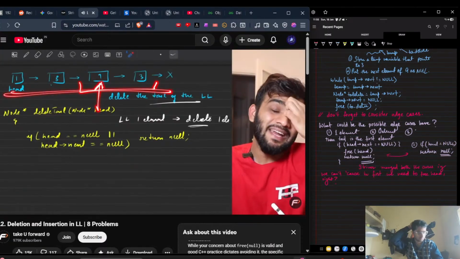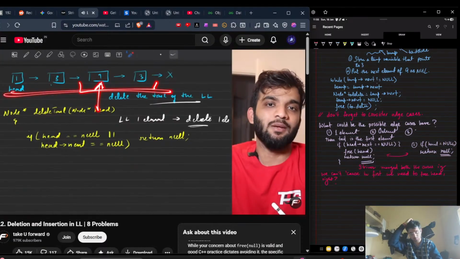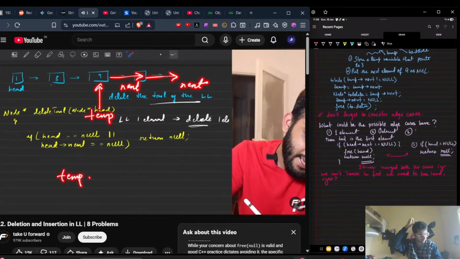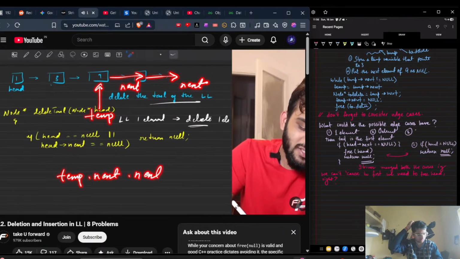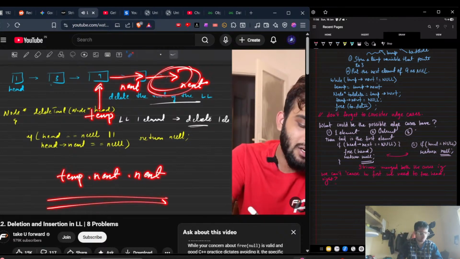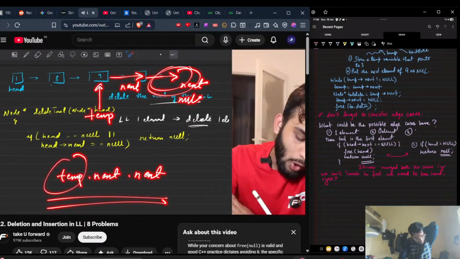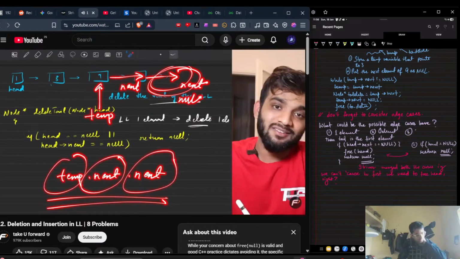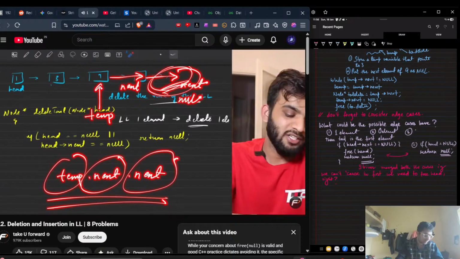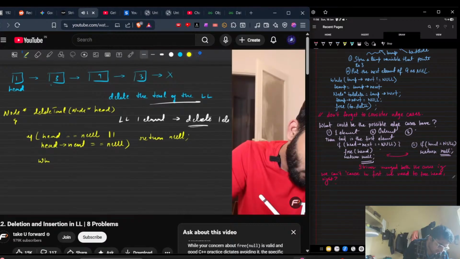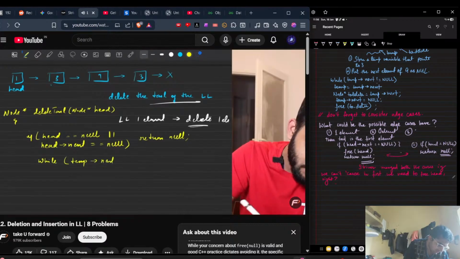So I'll have to stop at the second last element. Dot next. If I write, imagine this is temporary, if I write temporary dot next, where does it point to? It points to null. I'm standing at the second last element and I'm saying temporary dot next, which means last, and then that's next, which means null. So you're saying dot next, dot next. So what I will write is, hey, listen, while temporary dot next and